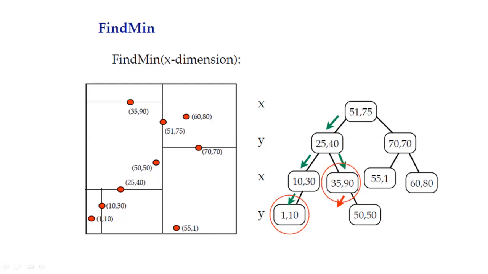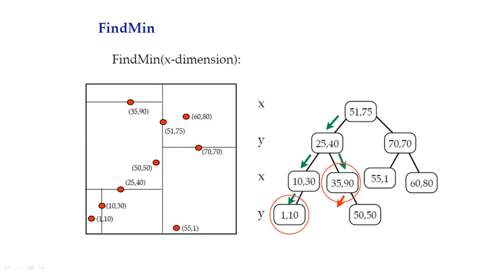Next possibility is when we reach a node wherein the cut dimension does not match with the given dimension d. Like if the given dimension is x and the current cut dimension is y, they are not matching. Here the partitioning has been done on the basis of y, so we cannot be sure whether the smallest x value is present in left or right. So we have to continue the search on both sides, and recursively call on left and right both. Then after performing this operation recursively, finally we find the minimum.